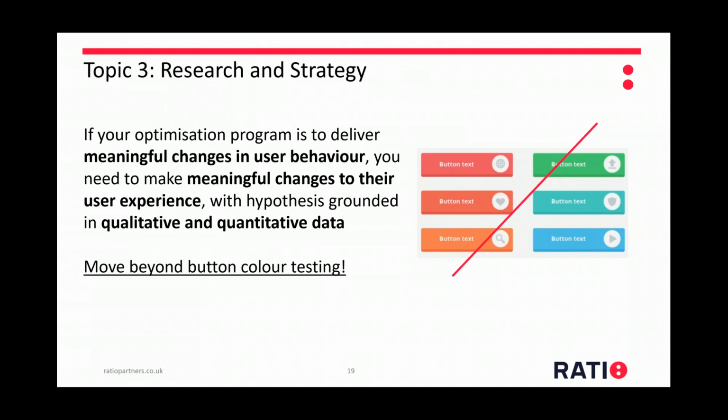In order to influence that meaningful change in result, you need to be making a meaningful change to the user's behavior, which means that you need to be making a meaningful change to their experience, their perception of you as an organization, etc. And that means moving beyond testing the colors of buttons and smaller things like that,